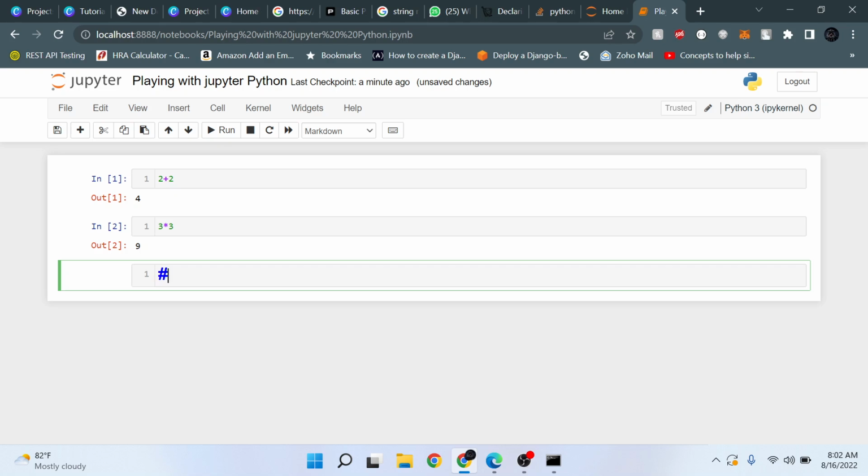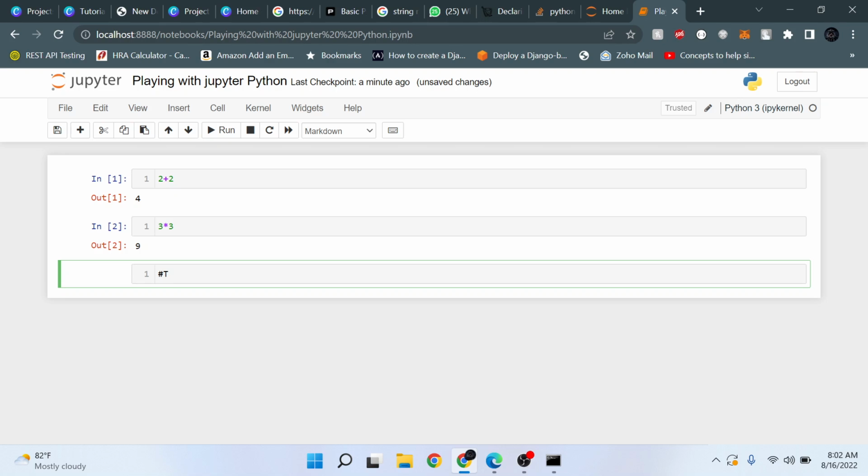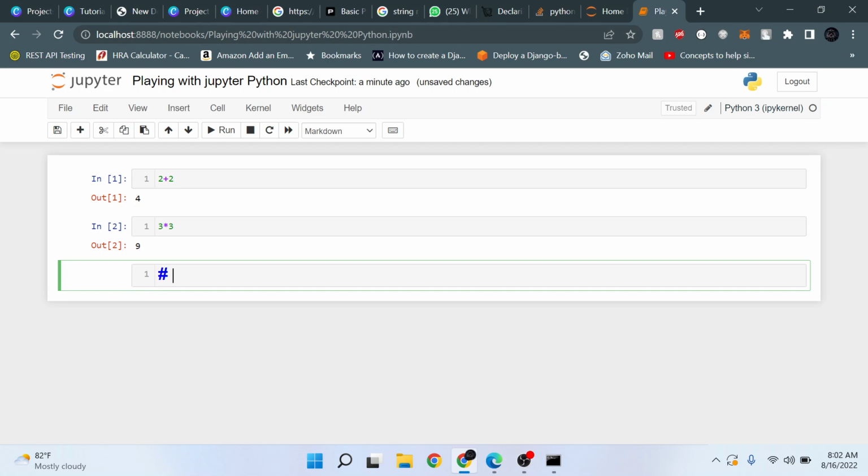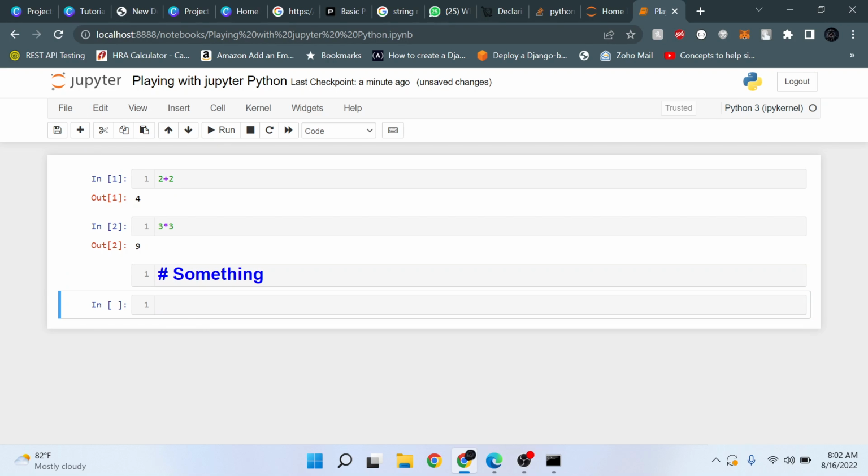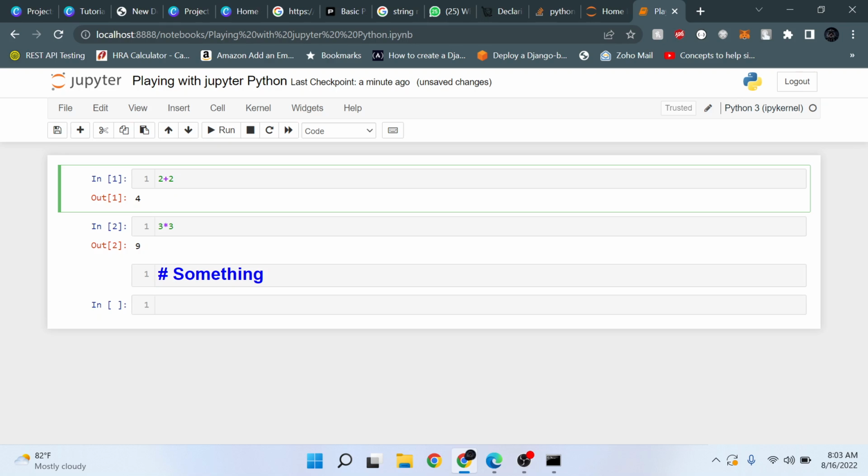It's just used to write text which helps you keep notes. If you write a hash and then write something, it will be a little bit bigger, and then you can use some other cell to write the code. So this is how you can use Jupyter Notebook to write the code, run the code,